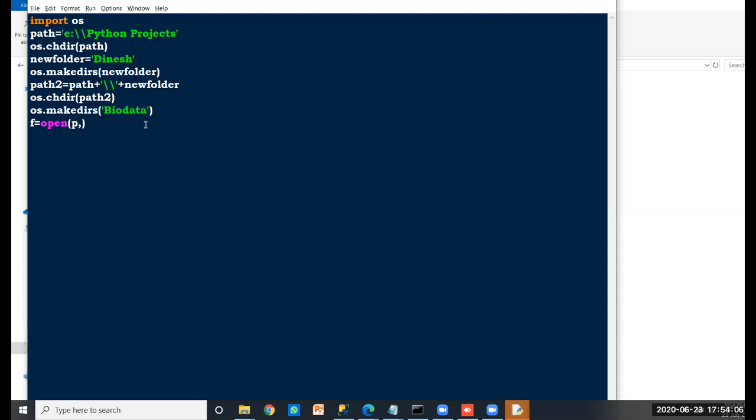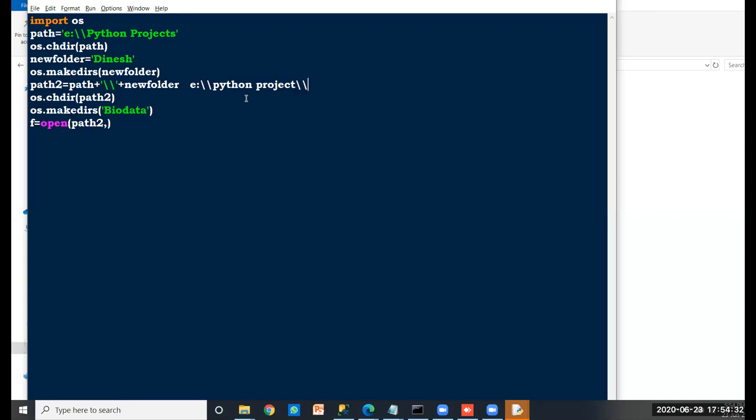So here I give path2. The path2 has, from E colon slash slash and python projects,